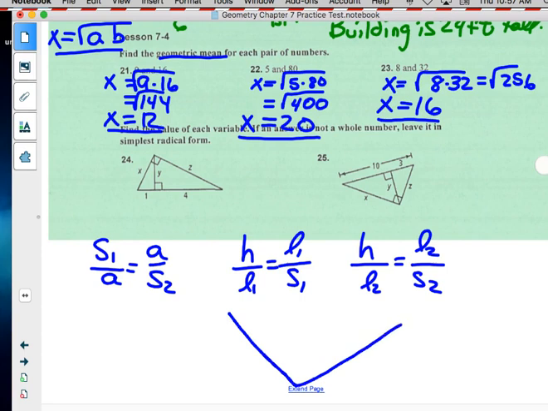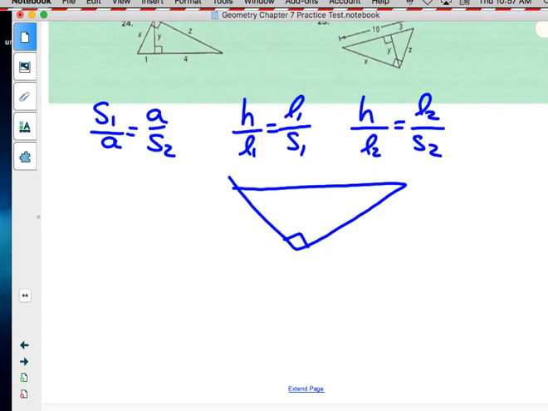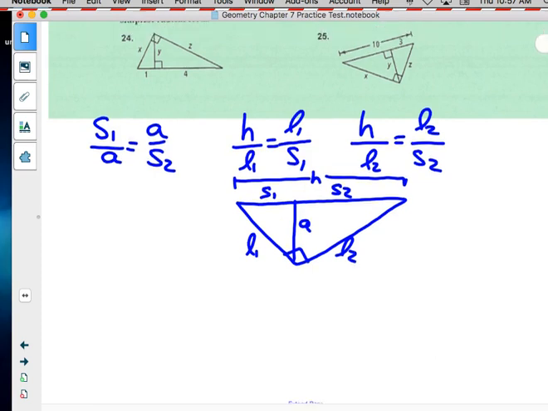So if I have this drawn out, and we'll fix this up a little bit. S1, S2, A, L1, L2, and this whole big thing is H. Okay, so those are my options. And now when I look at this,